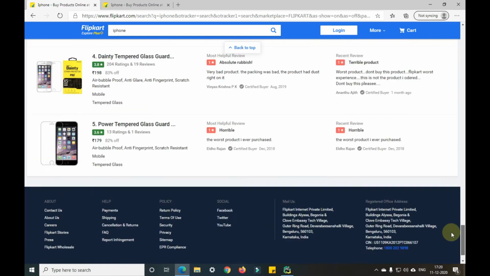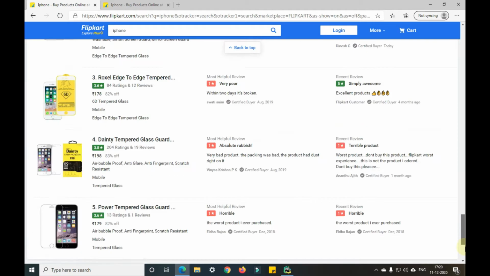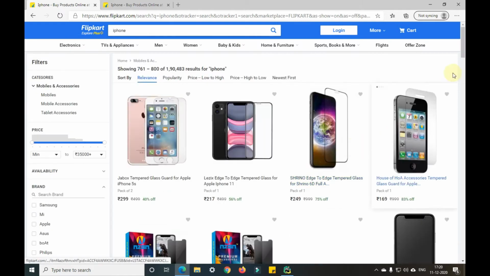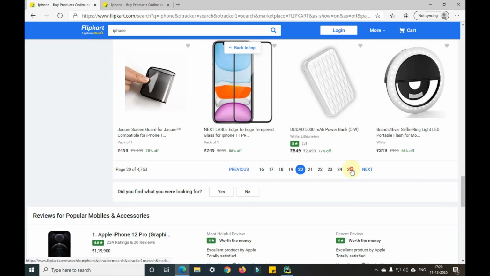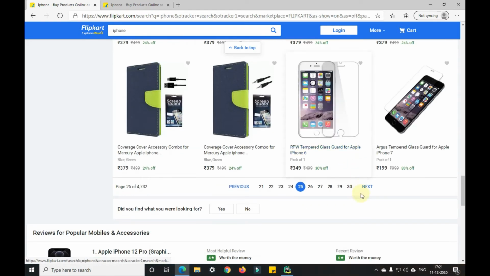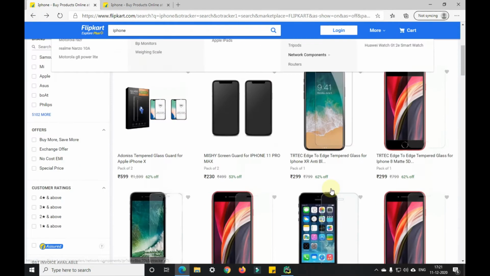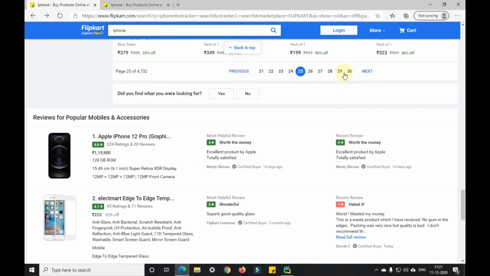We are in page number 10 here, then 15 here, then 20 here, 25, 30. So page number 30 is not available, as you can see. It is showing us an error when I go to page number 30.